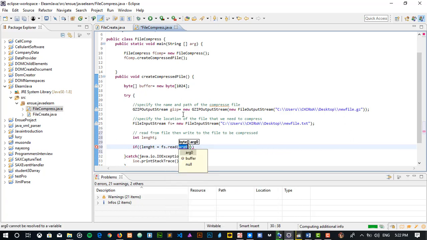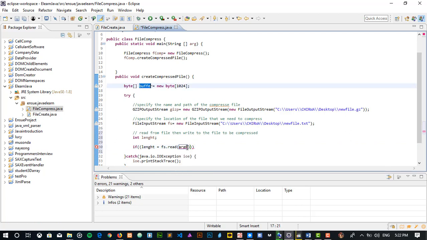and what we're reading is from the bytes here, which is the buffer object greater than 0. We will need to write